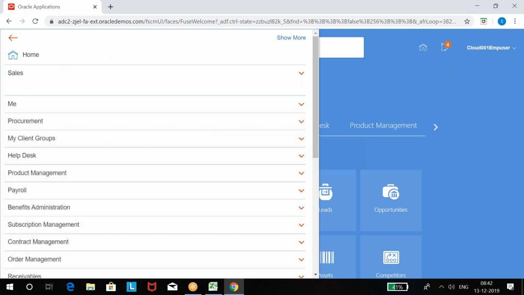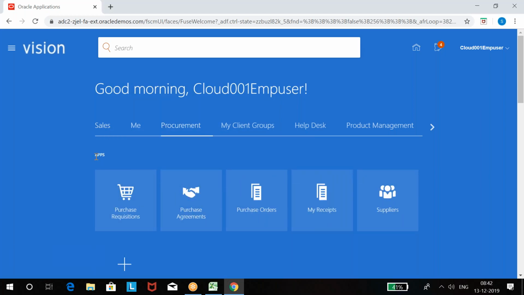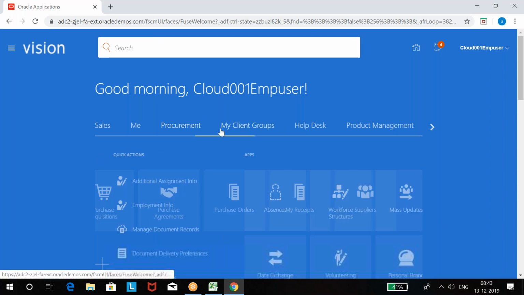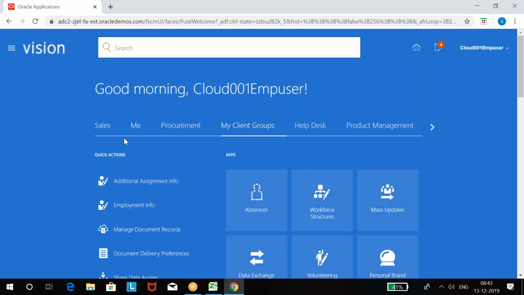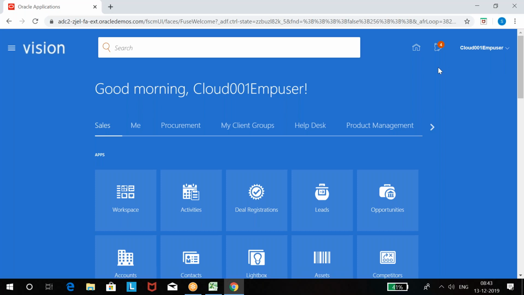Within the spring, every spring has applications. Every spring you click on, there are applications on the board. That's why the name is given as Springboard. And now we have to create, like this user we have, we can also create our own user details. To create our own user details, we need access to the administration.